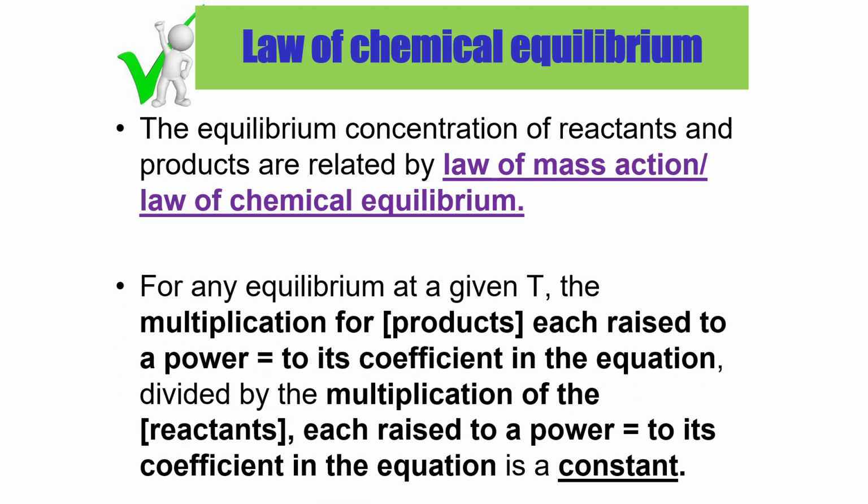So for any equilibrium at given temperature, the multiplication for concentration of products, each raised to a power to its coefficient in the equation, divided by the multiplication of the concentration reactants, each raised to a power equal to its coefficient in the equation, is a constant. So apakah dia? Maksudnya di sini, okay,